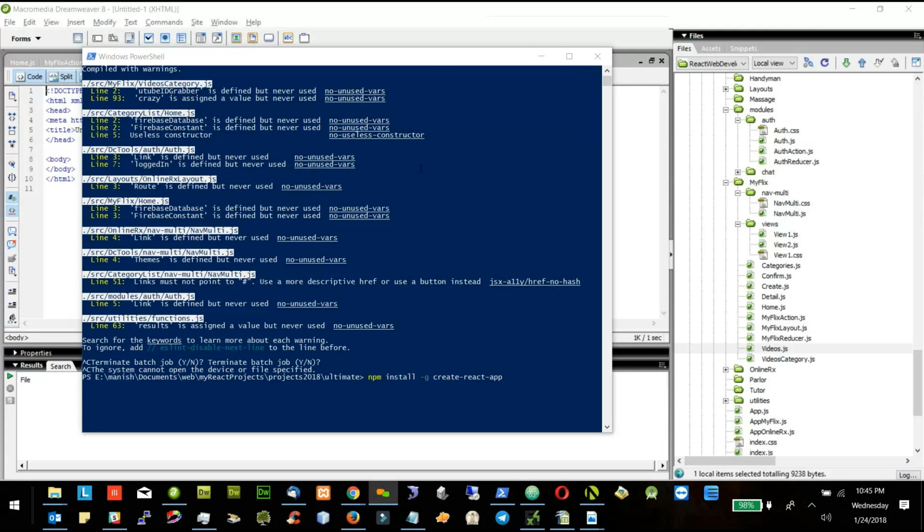This statement will install an application called Create React App, and we will be building React applications using this module. So I will give you the command, and you have to install Create React App on your computer. And let me know if everybody has installed Node.js, or is there anyone who has to install Node.js?